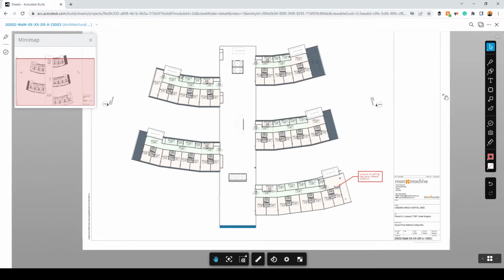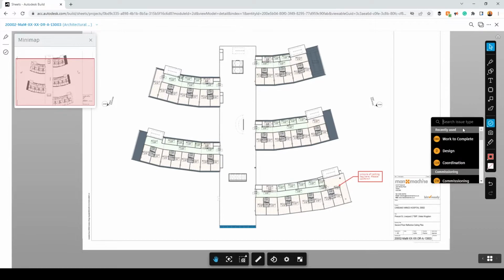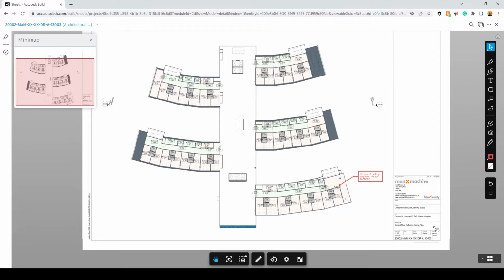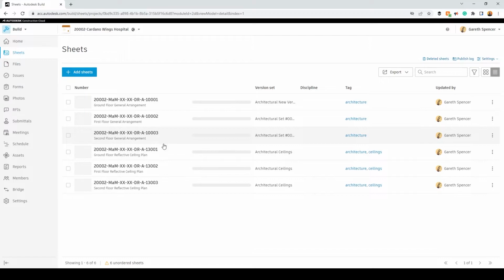Because we're commenting on the information, it's all captured in the system. If there was an issue on the drawing, we could use the issue functionality to capture that as well, but then also interlink that into different areas within the system. So if I exit the drawing now, you'll see on here we still have the